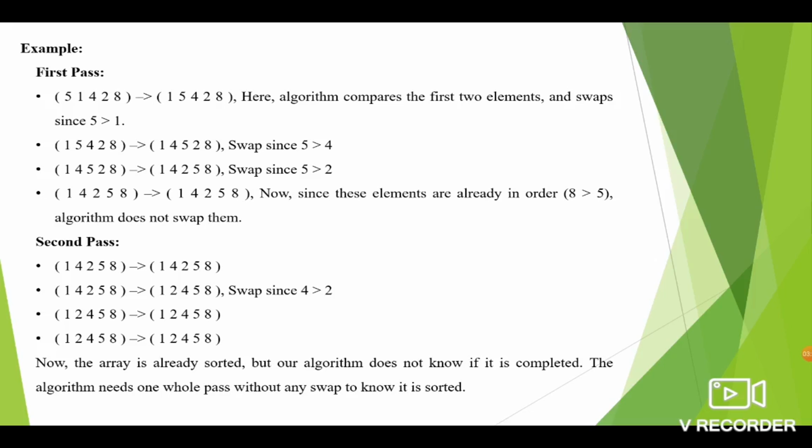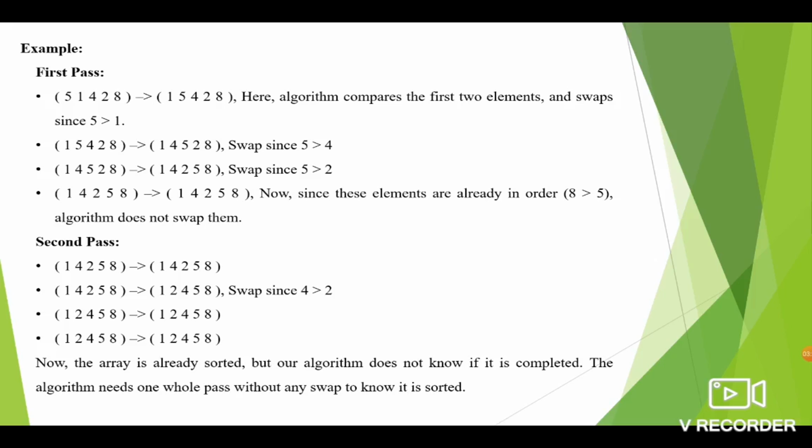Since they are not in order, we perform the swapping operation. Finally, the fourth and fifth element, that is 5 and 8. They are in order, so we don't need to perform the swap operation here. Up to this, the first iteration gets completed. So we move to the second pass.